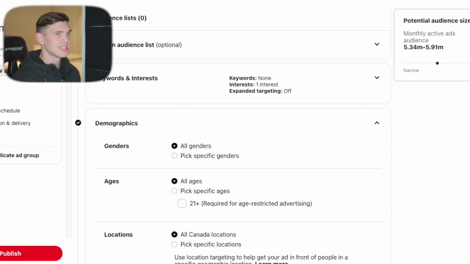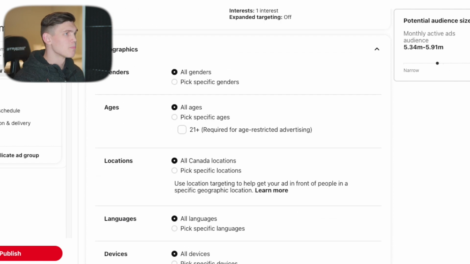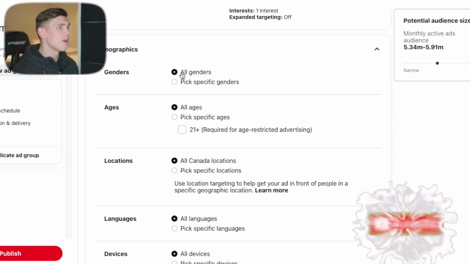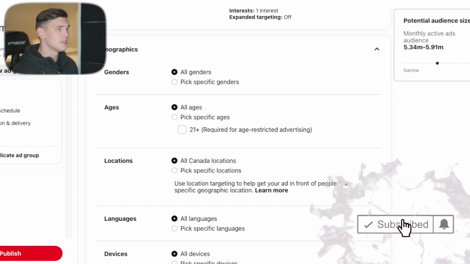So we're going to go ahead and select exactly what we want them to be. Even though it's a hair straightener, we're going to leave it as all genders just because we want to leave everything very broad from the beginning. We're trying to narrow down our audience within the pixel tag. So then this way, when we go into the subcategories, which are more narrow, the audience that's on the tag and the audience that we're narrowing down to will align very well, and it can be incredibly profitable. So right here we got all genders, we're going to leave it as all ages,